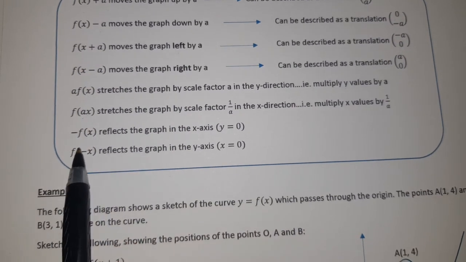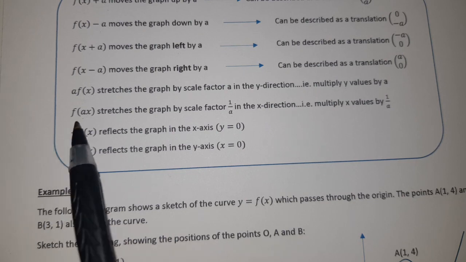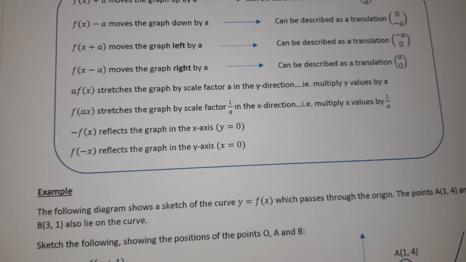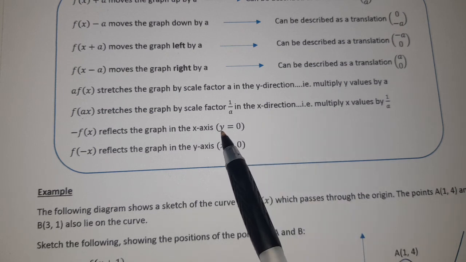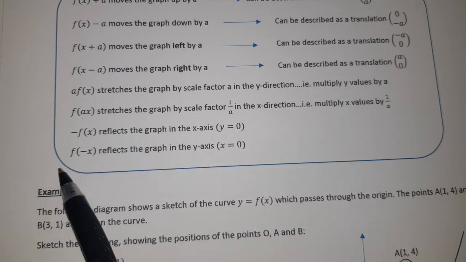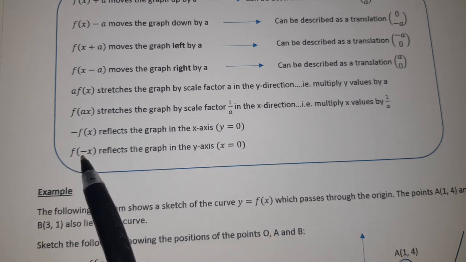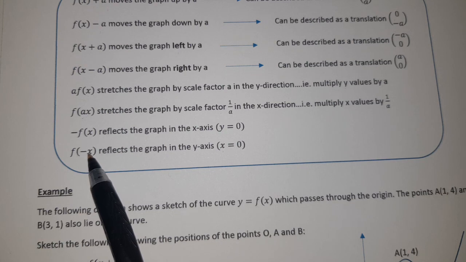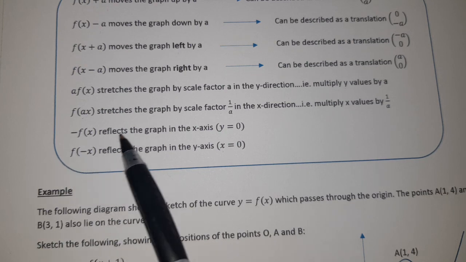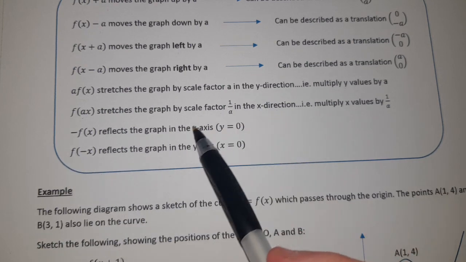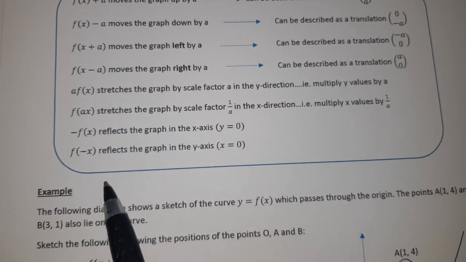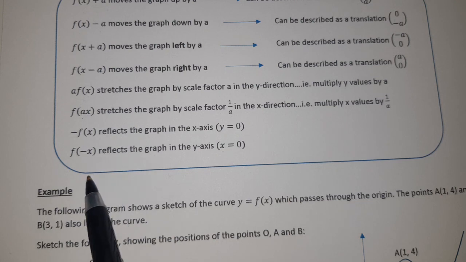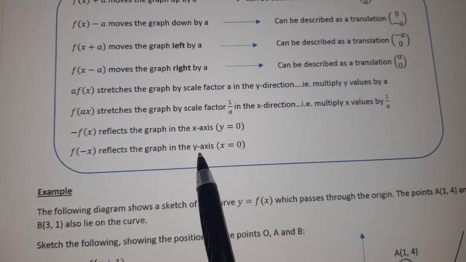And then the last two you need are your reflection ones. So if you make the whole function negative, all your positive y values now become negative, all your negative y values now become positive. So it's a reflection in the x-axis, or the line y equals 0. Okay, and then with the x one, if you're making all your x terms negative before you put them into the function, it basically means instead of your graph going that direction, it's now going to reflect and go that direction. So it basically means it's going to reflect it in the y-axis, or the